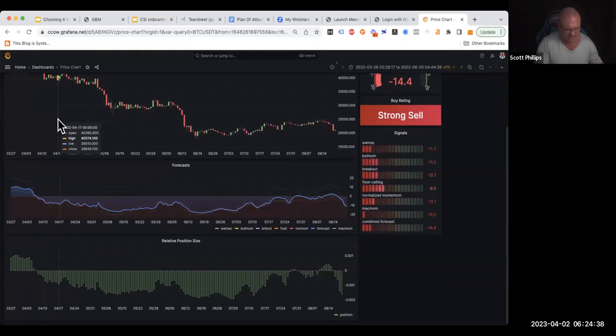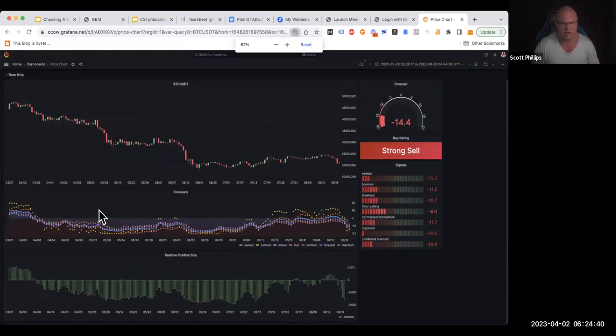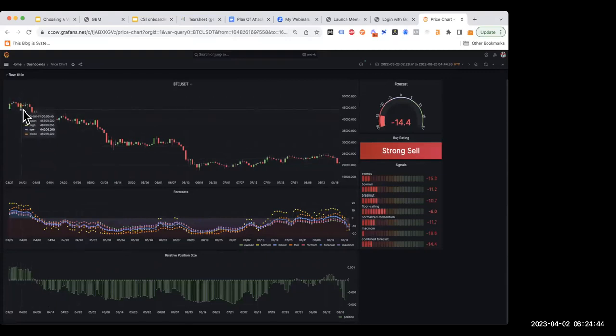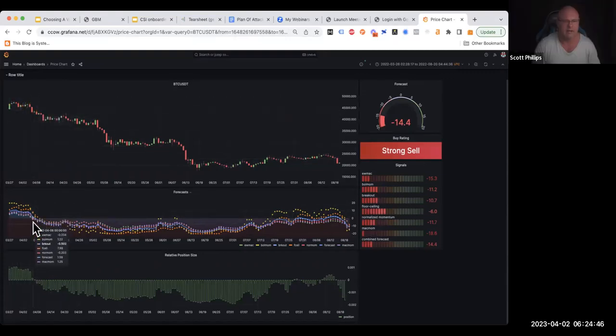So if we think about this bit of price action here, at about here, I'm happy to be short, but I'm not real confident yet. I don't want to jump in all the way short. I'm getting more confident as the market's going. I'm increasing my position. This is my position size. This is my signal strength. I'm increasing my position size.